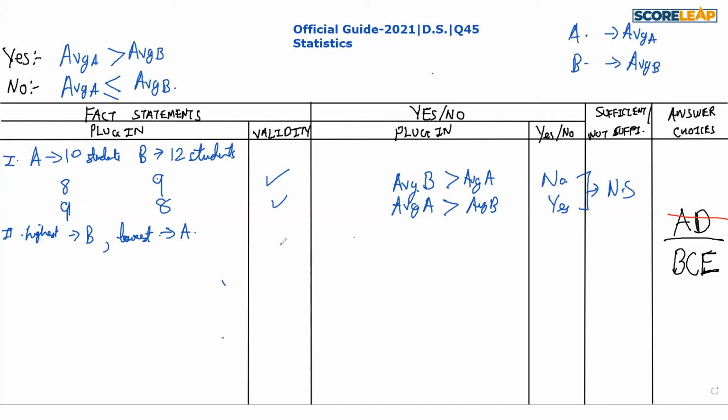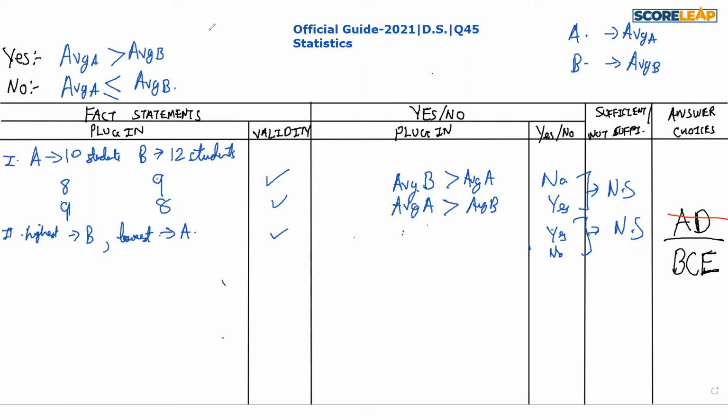So in that case, we get a no. So for all the validities, we can get either of them. It can be greater than, or less than, or equal to also. We can get a yes, no, and all of them. So it is also clearly not sufficient. Whenever statement 1 and statement 2 are not sufficient individually, we cross B. Now what do we have? Whenever both the statements are not sufficient, we have to club both of them, right?